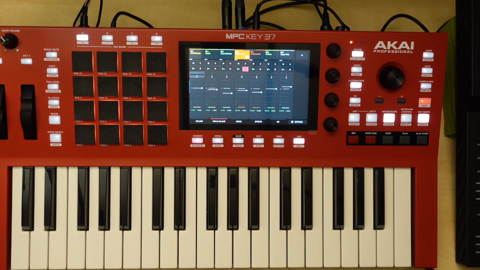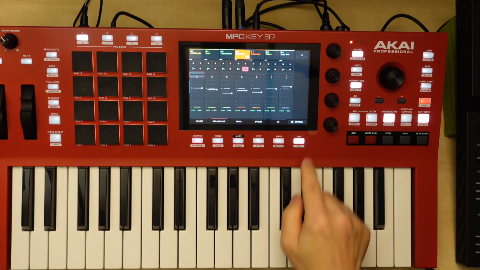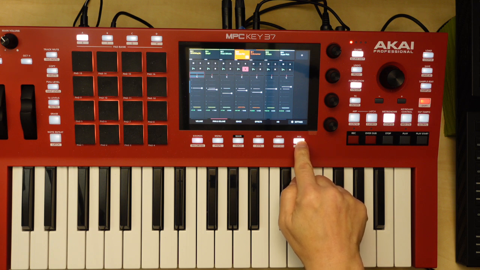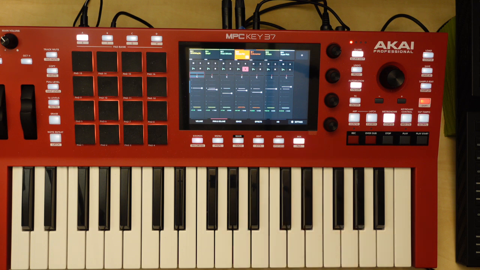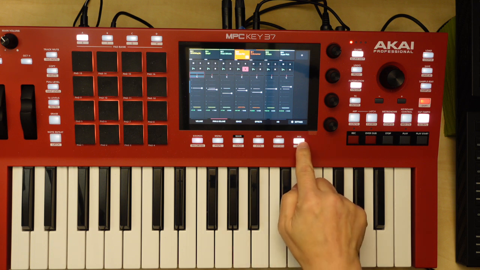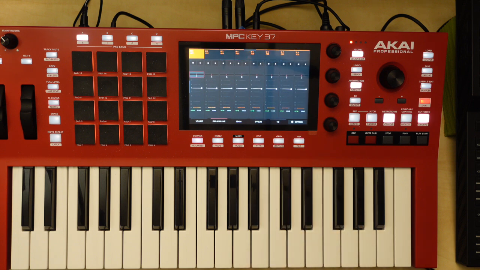But this time I really want to automate not just the drum track itself, but a particular instrument within the drum track. So it's important to understand that you can actually do that. We're going to go into the layer, the mix layer of the actual key group instrument itself, by double tapping mix. Now, as you can see,